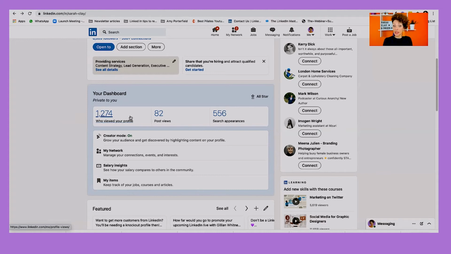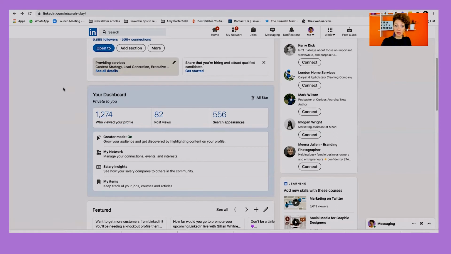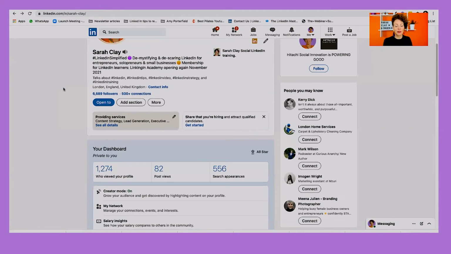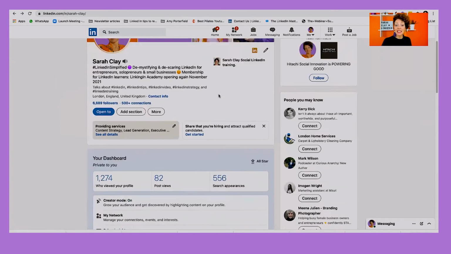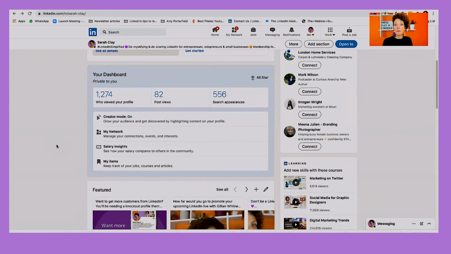Okay, so that's it. Those are the metrics that you need. The other measurement you may also want to keep an eye on are your follower numbers. Okay, so I'm not going to go into following and connecting in this video, but that's my follower numbers, 6,889. Okay, and that's it. They're the main measurements that you need to keep an eye on on LinkedIn. So I advise you to keep a really close eye on those three main measurements and also your follower numbers,